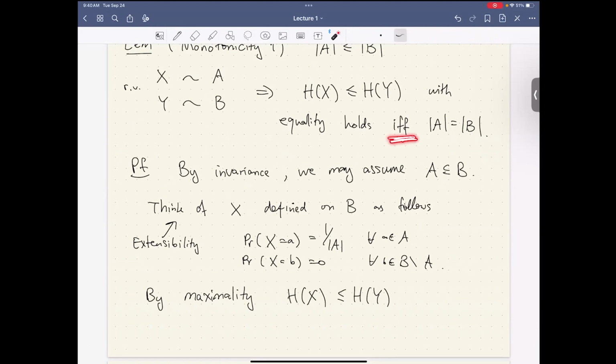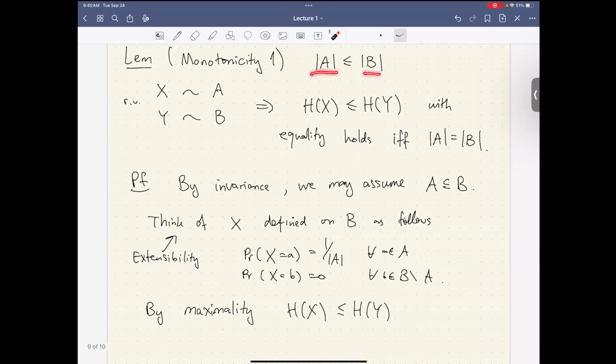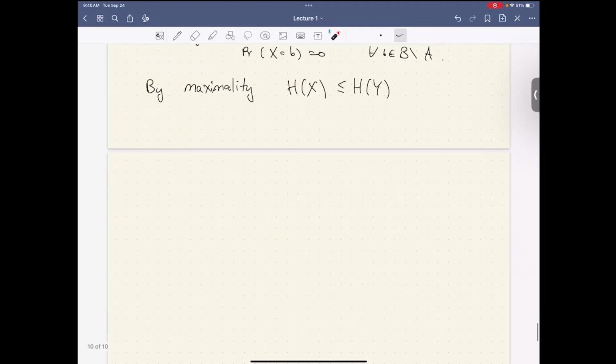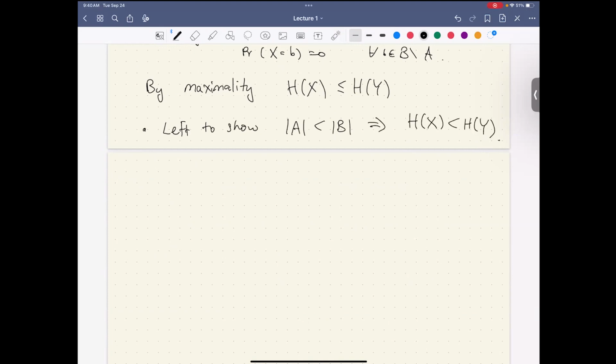In other words, we need to prove if A is strictly less than B, then the entropy of X is strictly less than the entropy of Y. We are left to show: if A is strictly less than B, then the entropy of X is strictly less than the entropy of Y. Well, this is true